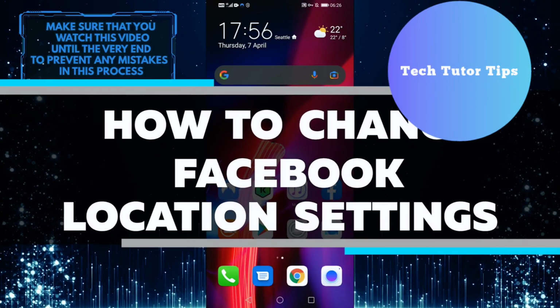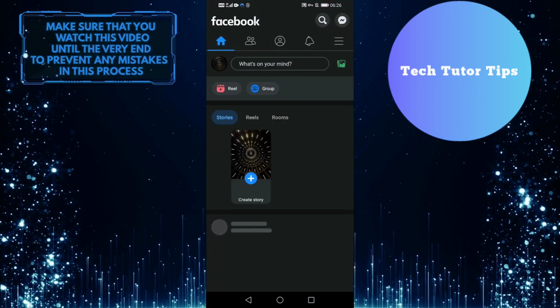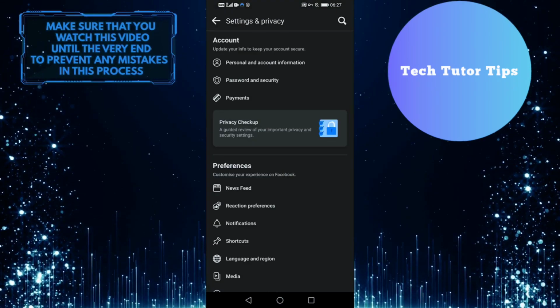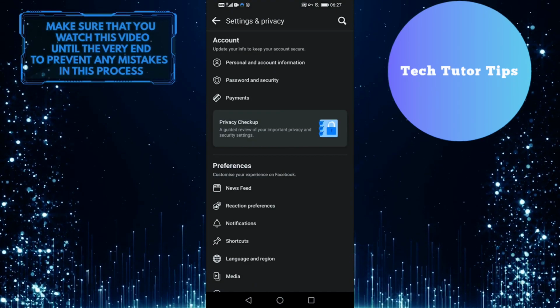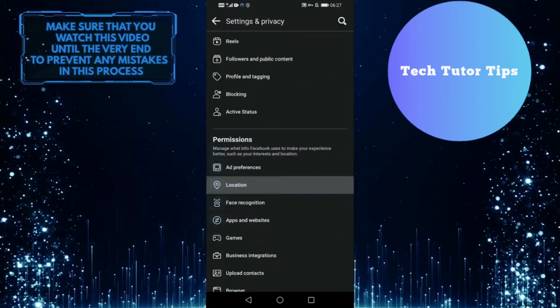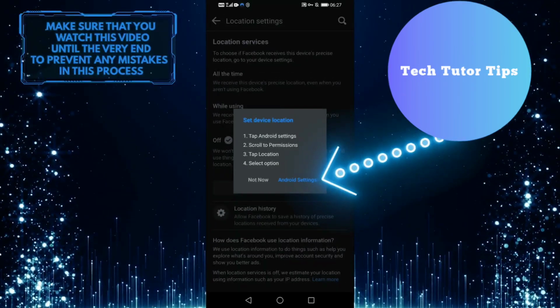Today I'm going to be walking you through how to change your Facebook location settings. Let's start by opening the Facebook app, and then selecting those three lines in the top right-hand corner. And after you're in Settings and Privacy, what you want to do is go down to Permissions and tap the second option, Location. After that, go to Device Settings and tap Android Settings, which will take you to your app's